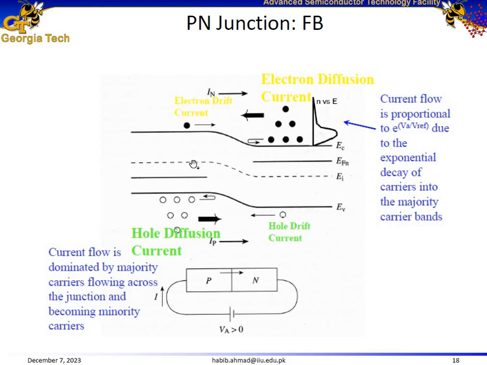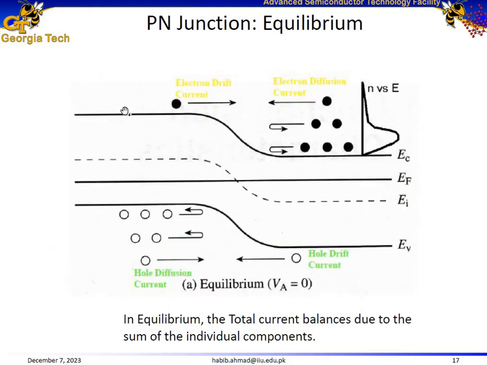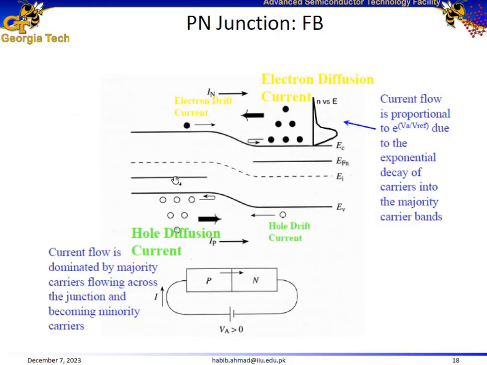It means that as compared to the equilibrium, all these energy levels, the conduction energy level, the Fermi energy level, and the valence energy level on the p side would be dragged down, and now we don't have a constant Fermi energy level. Because of this, the potential barrier is now reduced, making it easier for carriers to flow across the